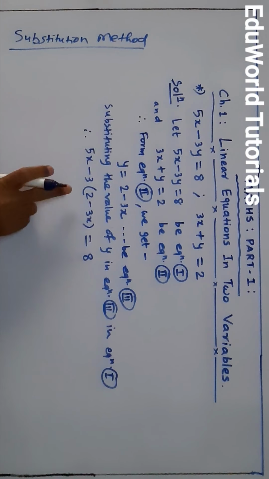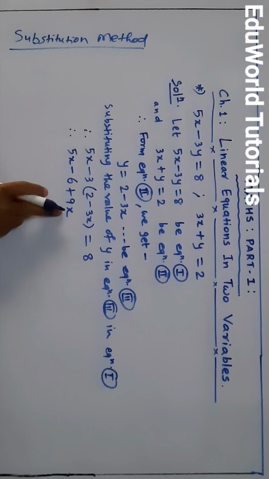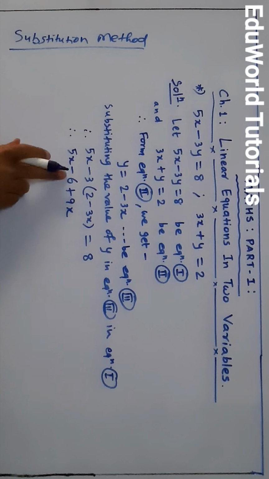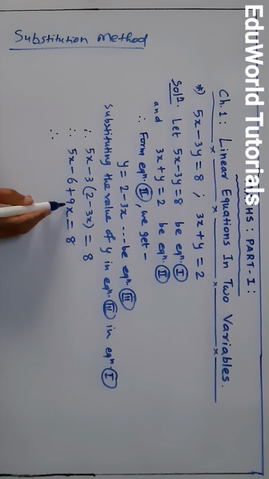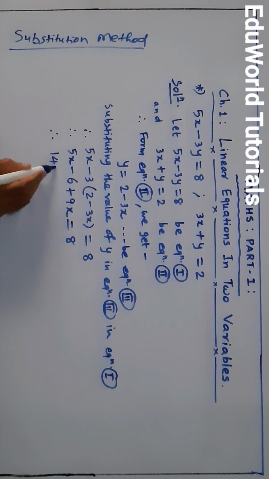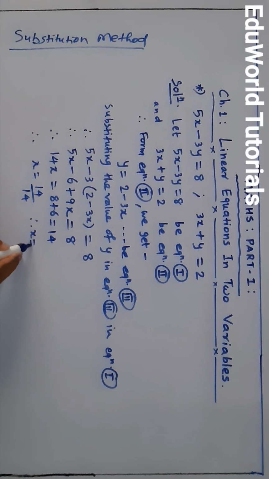So now further solving, I get 5x minus 3 2s are 6 plus negative into negative, and we know that these terms multiply. So 3 into 3 is 9x, but positive 9x, and minus 3 into positive 2 is minus 6, is equal to 8. Bringing the like terms together, 5x plus 9x is 14x, and bringing minus 6 to that side, 8 plus 6 which is equal to 14. So finally how to get the value of x? x is equal to 14 upon 14, therefore x is equal to 1.